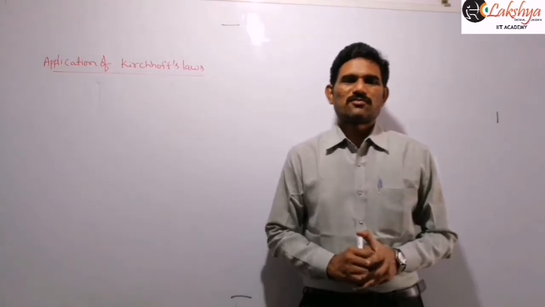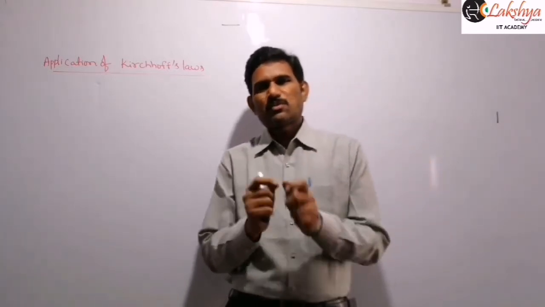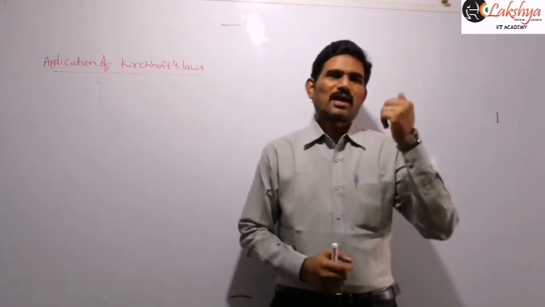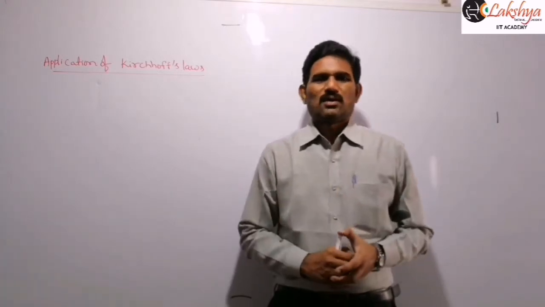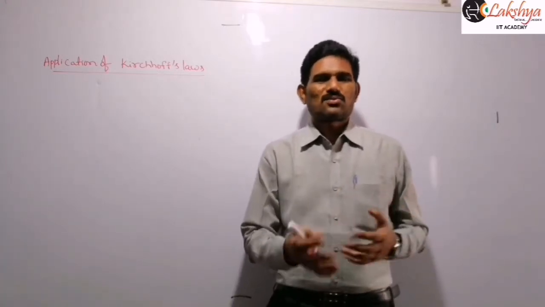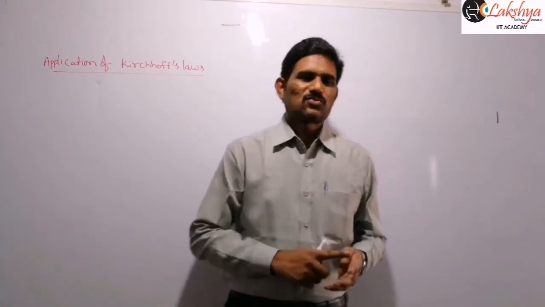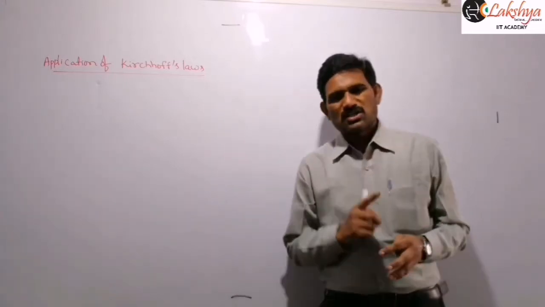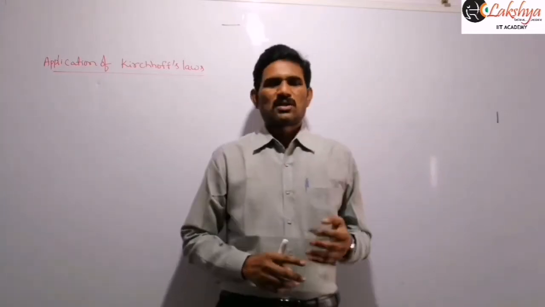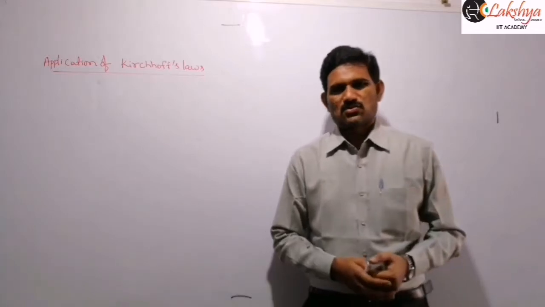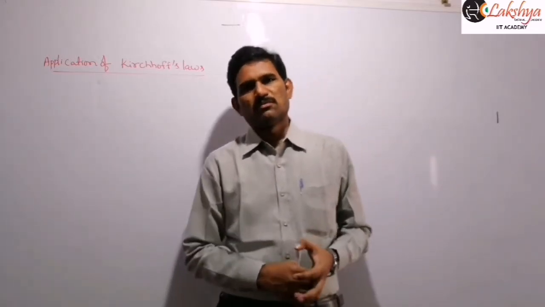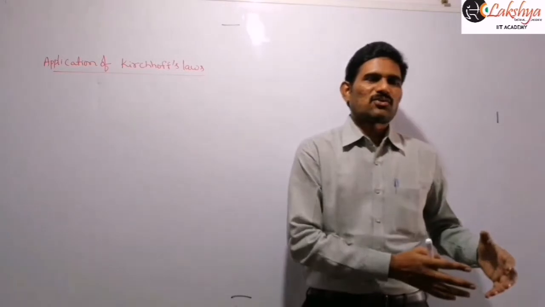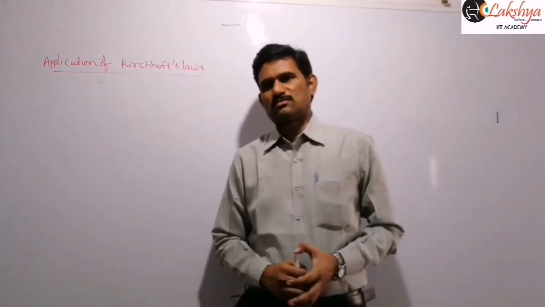So not only between nearby points, we can calculate the potential difference between any 2 points in the circuit with the help of this Kirchhoff law. That is the major application of Kirchhoff law here. We can find the current, we can find the potential or potential difference between points, and we can also find the effective resistance in the circuit. This is a basic method to find the effective resistance or the current in the different branches.